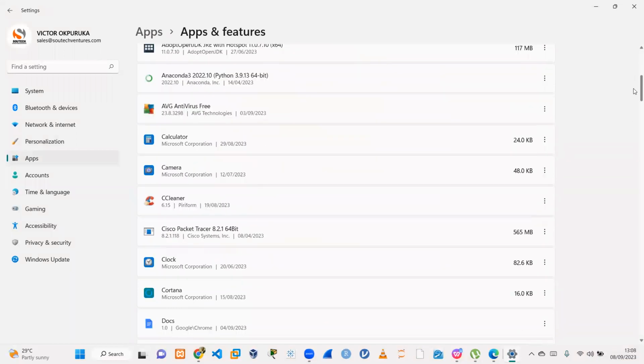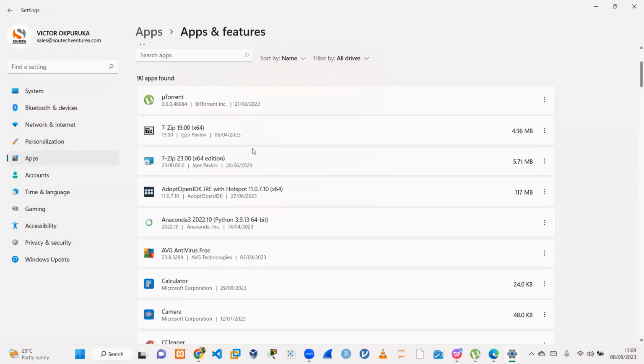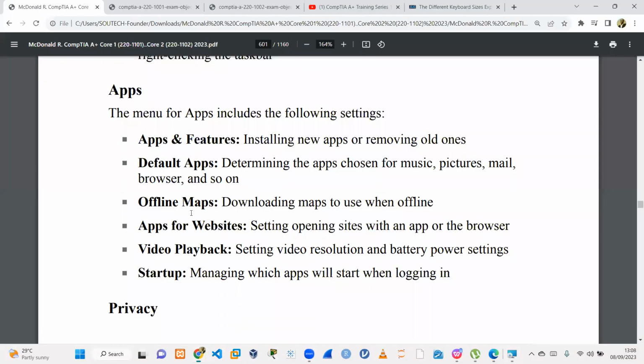So for any of these, let me take this one off. You just click and you say uninstall, and that's all. So it's similar to the environment you have in XP, Windows 7, Windows Vista, Windows 10, and all of that. Very, very possible. Okay, so let's move on. So apps and features, default apps, offline maps, apps for websites, video playback,